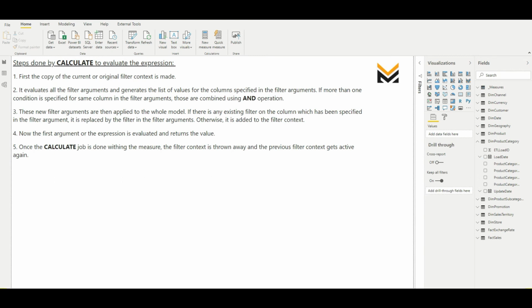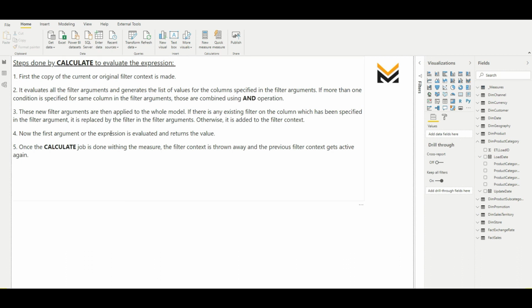Then after all the arguments are evaluated and it has determined which columns have been used as the filter arguments, those filter arguments will be applied to the whole model. Whatever copy it has created, it will apply the new filter arguments and will replace any existing filters which are already present on the same columns, which we already discussed.